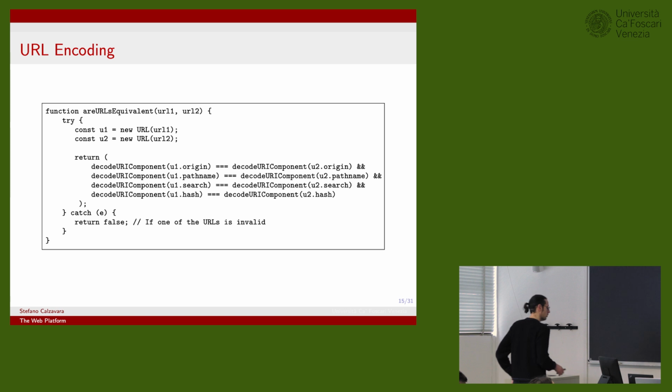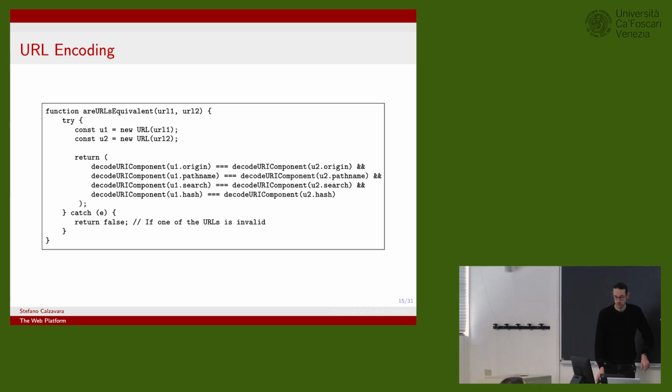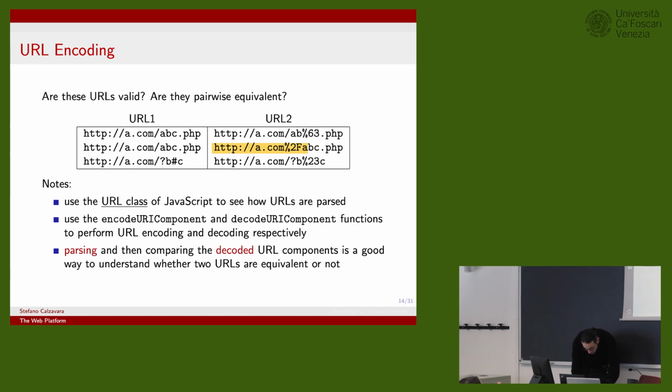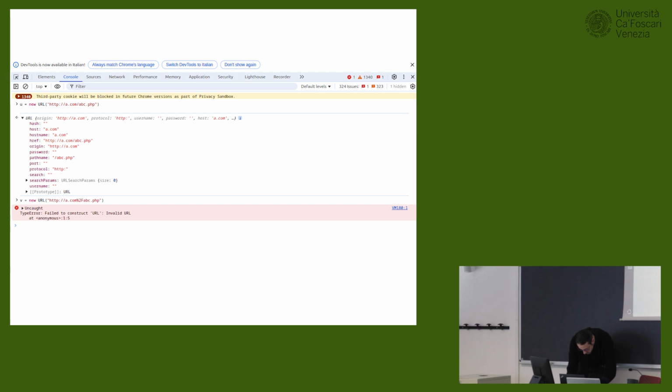So we mentioned invalid URLs. We can see how the browsers behave with invalid URLs. Let me show you. Let's pick this URL here, which we said is not valid. If we try to parse that, you're going to get an exception. It's down here. Uncaught TypeError: Failed to construct URL: Invalid URL. This is not good because it tries to build a URL including a slash within the domain component. This is forbidden by the syntax of domains.